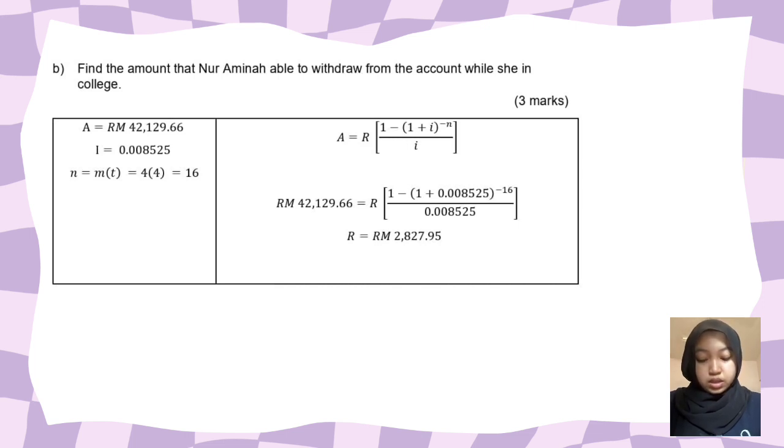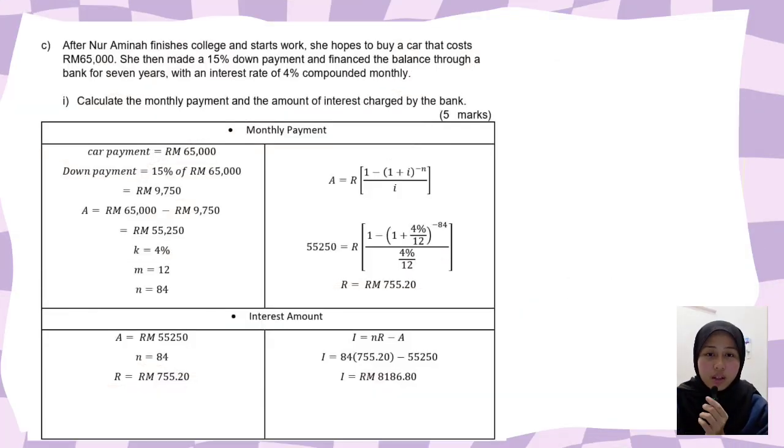42,129.66 equals R in bracket 1 minus (1 plus 0.008525) power of negative 6, over 0.008525. The final answer would be R equals RM2,827.95. Next, for question C, 1 Roman, calculate the monthly payment and the amount of interest